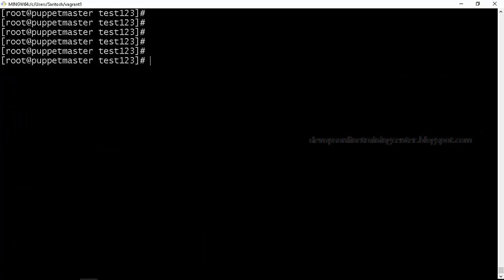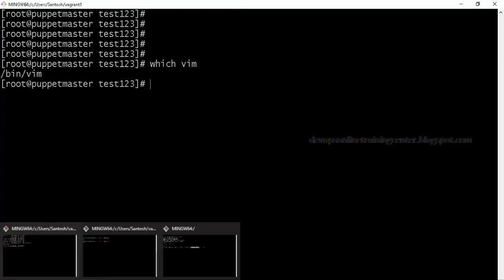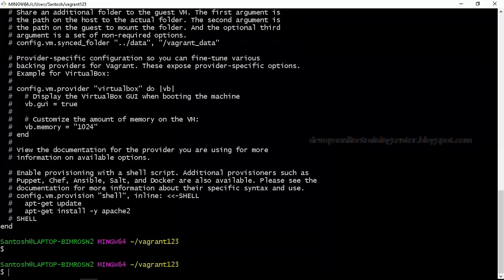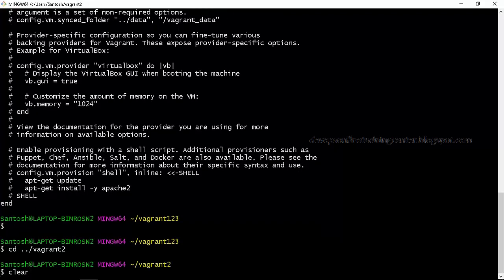then you should be able to run that command. Okay, so with vim.tiny you are able to open the terminal? Yeah, vim.tiny, that is used in Ubuntu 16. Which version are you using here? I'm using CentOS 7. Let me check. Okay. That was vim.tiny.